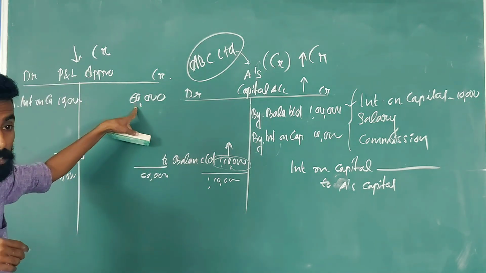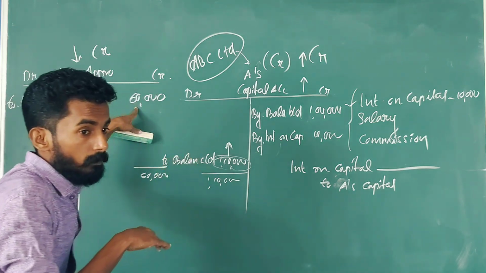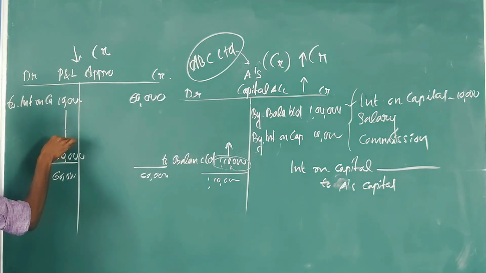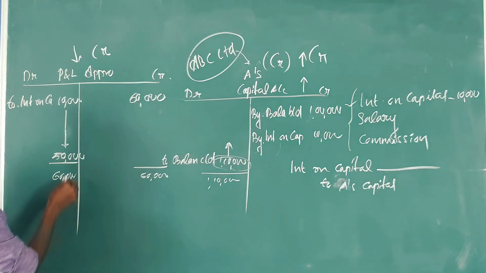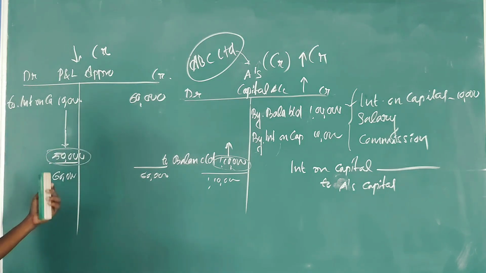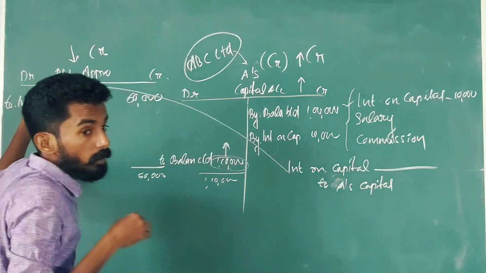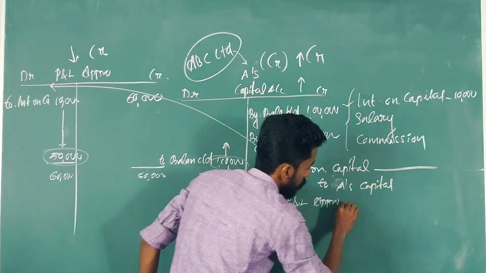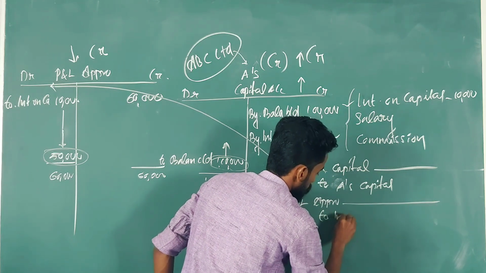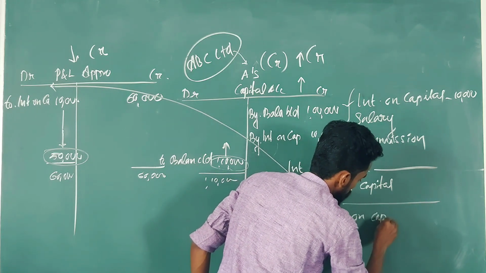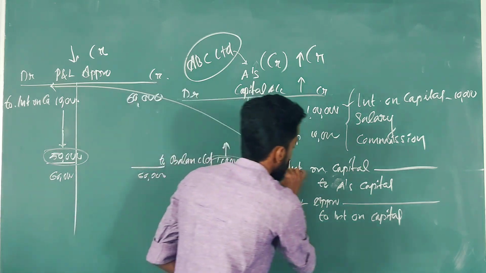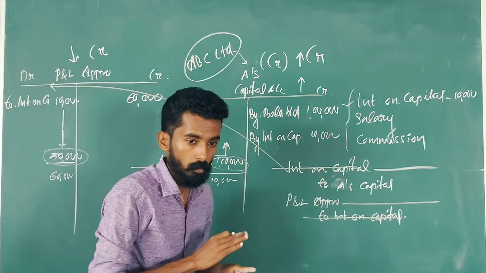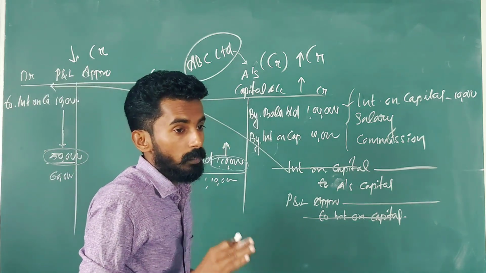Now profit was 60,000. Then a firm is going to provide 10,000 as interest on capital, automatically the firm's profit will go down. So what will be the profit? 15,000 only the profit. Previously how much it was? 60,000. So what is the journal entry? Very good. P and L appropriation account debtor to interest on capital. Wonderful. You can see the logic here. Interest on capital, first of all I debited. Now interest on capital I credited. That means temporarily interest on capital is closed. Is it okay? So what is the journal entry?